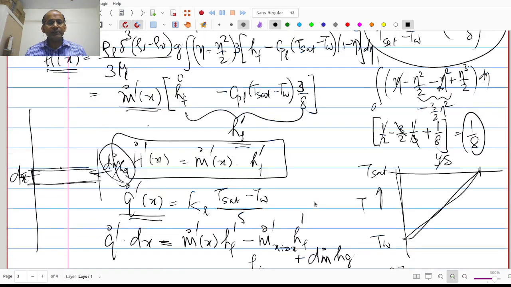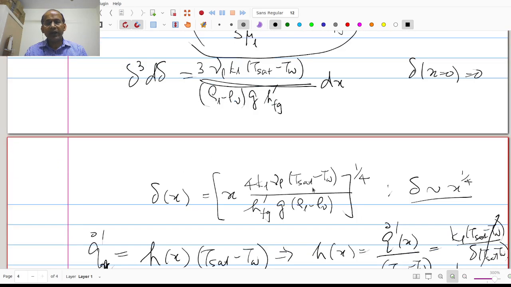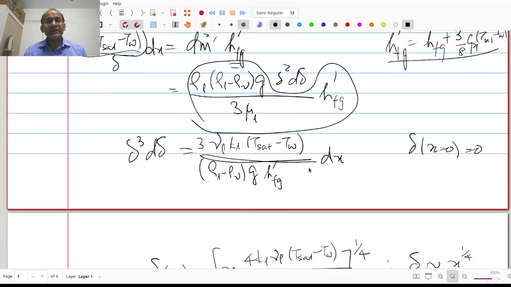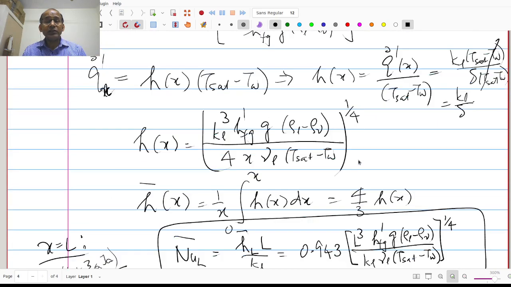And with that, the expression that was derived had an hfg prime, which was defined as hfg times 1 plus 3 by 8 times cpl times Tsat minus T wall divided by hfg. So that was the expression for hfg prime. This is the expression for hfg prime that we had derived. Later, we said that